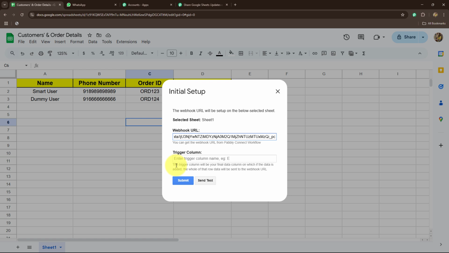For example, in my spreadsheet, you can see I have 4 columns: name, phone number, order ID, and the status. So I have the status of the product in column D. I want that whenever a new row related to the product and the customer details is added in my spreadsheet up till the D column, then only the data should be transferred towards Pabbly Connect and not before that. So here I'm going to select D as my trigger column,